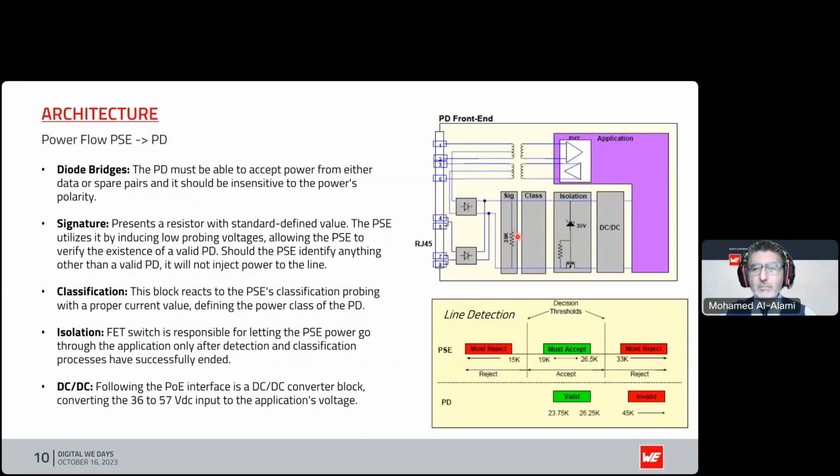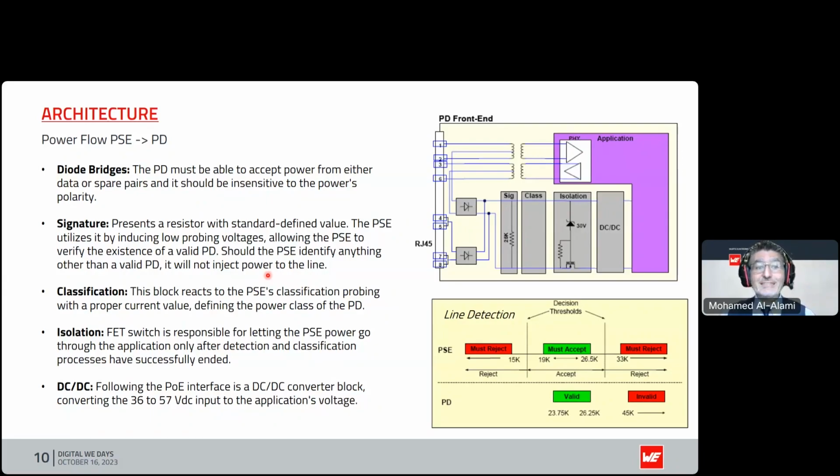So we're talking primarily today about single signature PDs with a single resistor. If it does not recognize this 25 kilo ohms, it will not inject power on the line. Let's say now it's past this level of verification. The next level is how much power. We saw type 1, type 2, type 3, type 4, and within these, we will talk in a little bit